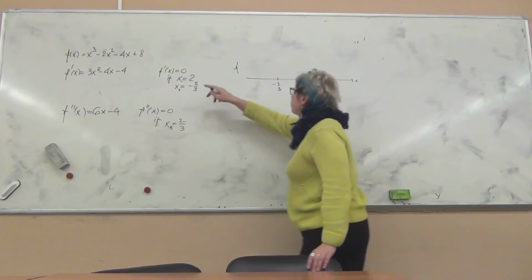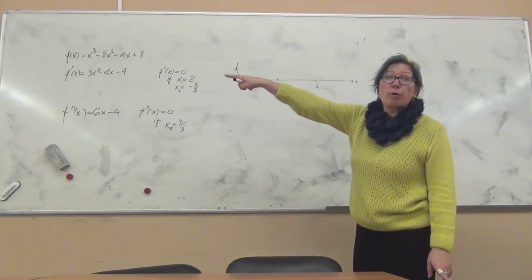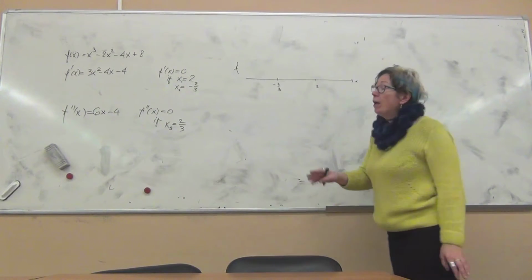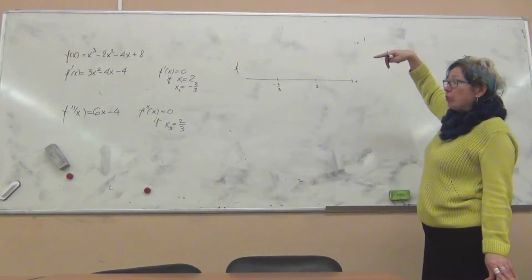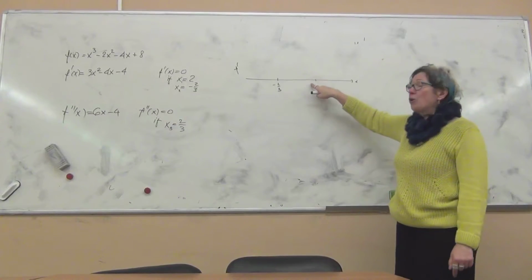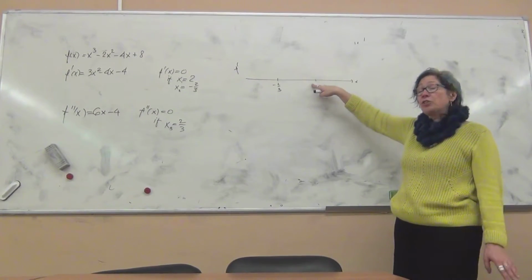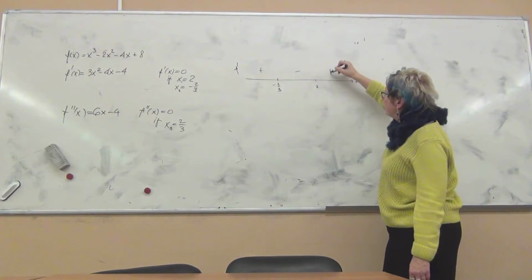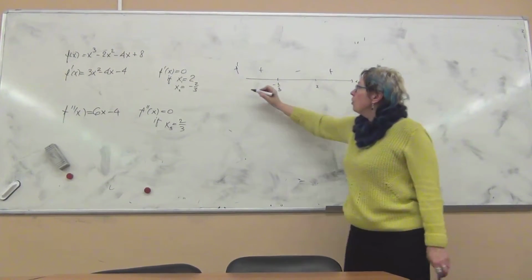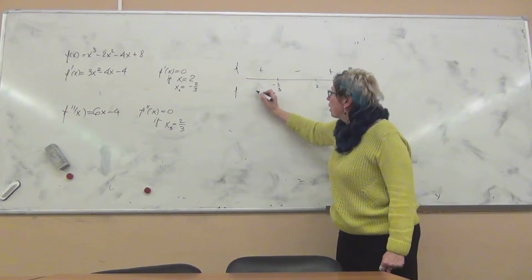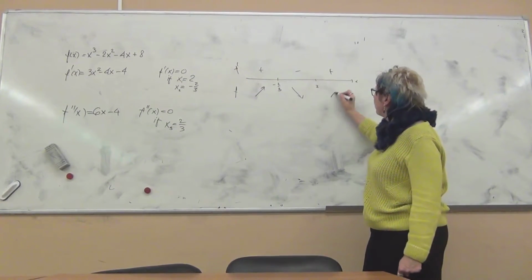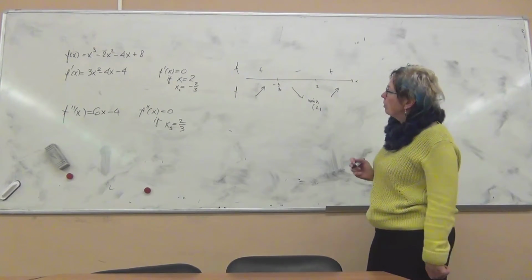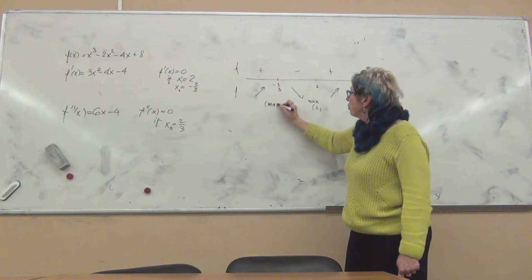So we can imagine that the parabola, you see, ends would be pointing up. If I sketch the graph of the derivative, it would be a parabola. The ends of the parabola would be pointing upwards, and these are the zeros of that function, the intersections. So it would be positive here, below the x-axis here, and above the x-axis there. So this tells me that the function itself is increasing, decreasing, increasing. So this will be the minimum point 2 and something, and this will be the maximum point